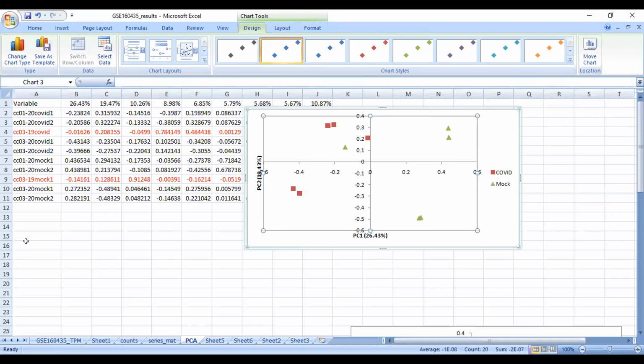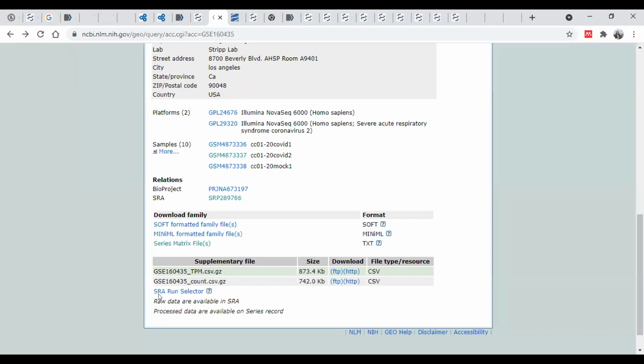Now, other outputs that we obtained from this GEO data. Here we also have read count values. I have also downloaded these count values. Particularly, these read count values are very useful when you want to perform differential gene expression analysis, particularly using DESeq or edgeR. So now we can actually use this particular data as well.